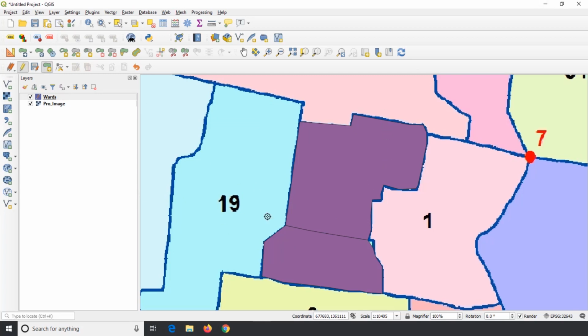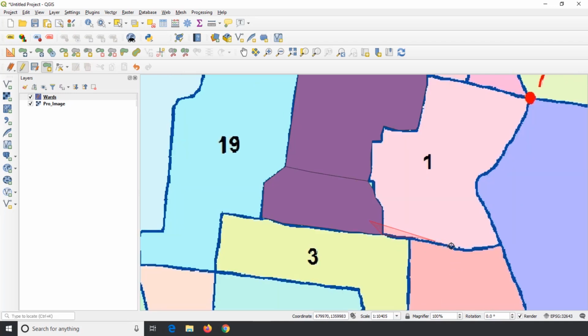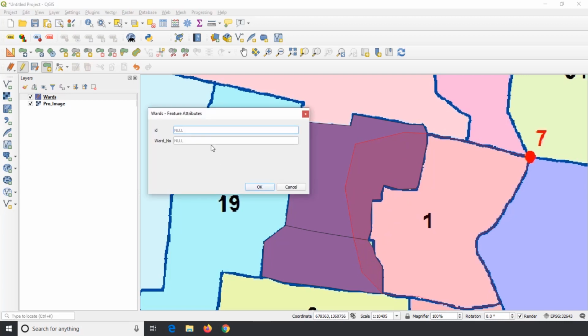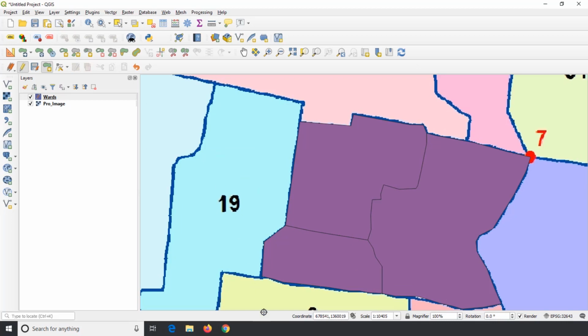For the third polygon, now I start at the boundary of a polygon and end at another boundary of a polygon. As these existing polygons are connected and my new polygon is touching the boundary of these polygons, the common boundary will be taken automatically.